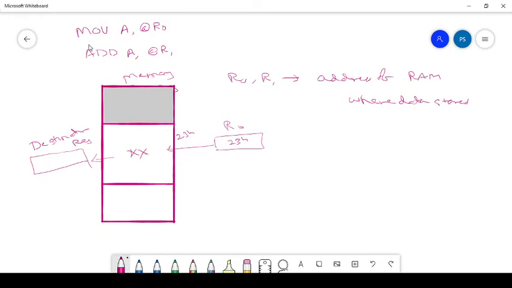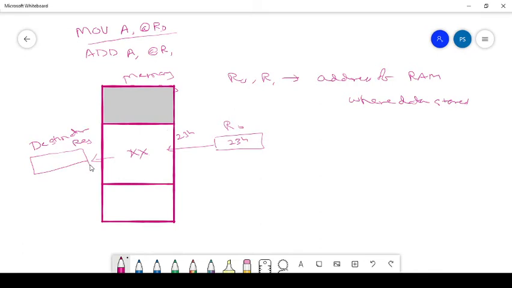The instruction MOV A, @R0 specifies that. The @ means that in this particular register we have some address. It is not a direct register. If you are not specifying the @, the content of R0 will be moved. But whenever you specify the @, the address is stored indirectly in R0. So in register R0 we have a memory location address where some data XX is stored, and that has to be moved into the destination register, that is the accumulator. So this is about the register indirect mode.